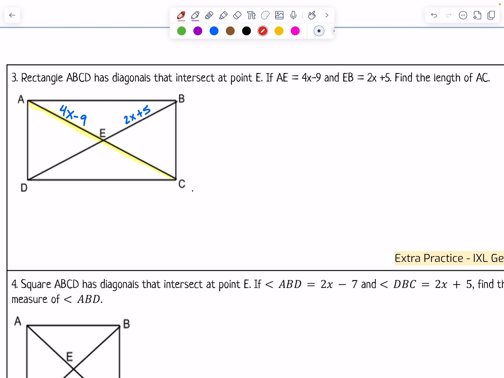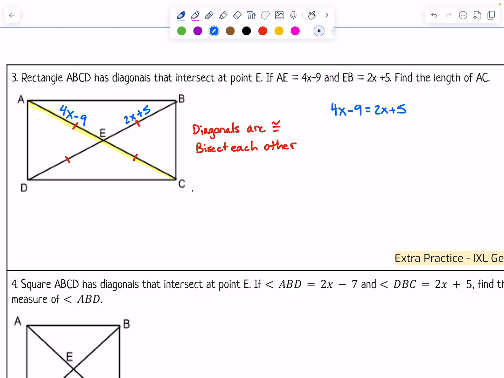So we know the diagonals of a rectangle are congruent to one another, and then they also bisect each other. So that means that all 4 of these diagonal halves are equal to each other. So like AE, EB, DE, and CE are all congruent to one another. So that'll help get started again because we could say 4x minus 9 would equal 2x plus 5